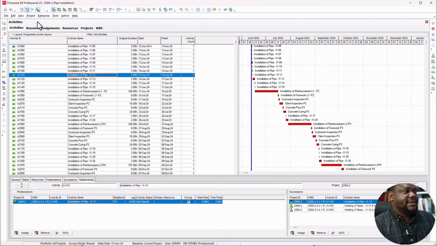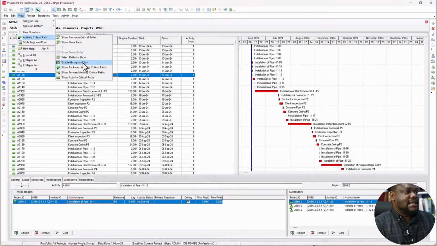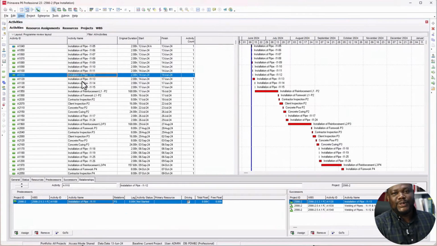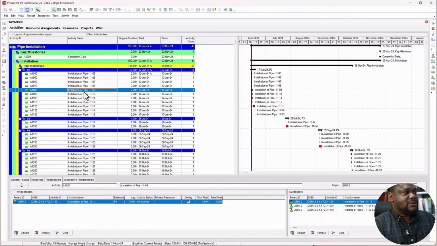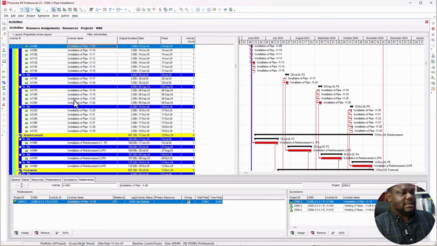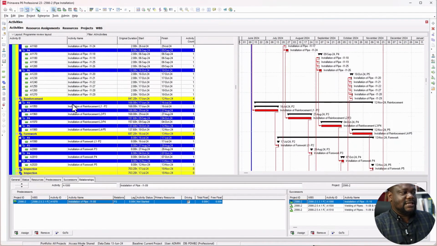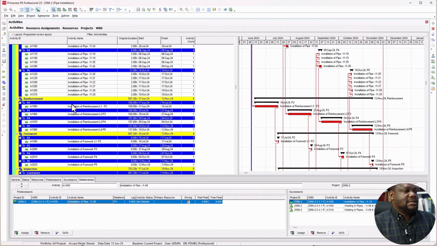There's no heading. If you want to show a heading, just go back in here and go back to activity critical path and say enable group and sort. So when you enable group and sort, it will show you the group and sort of all these activities, like the WBS they are categorized under, so you can see that. And if you want to leave this